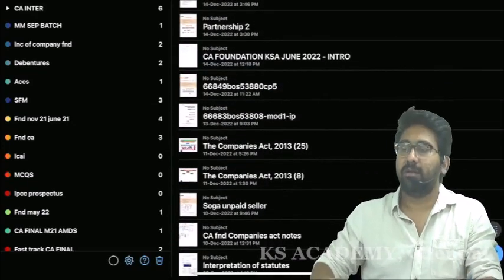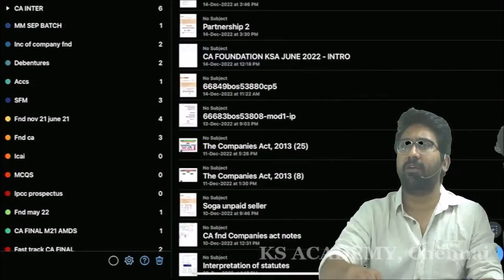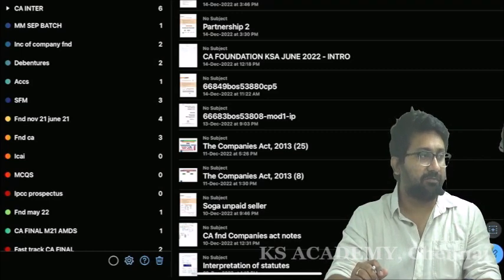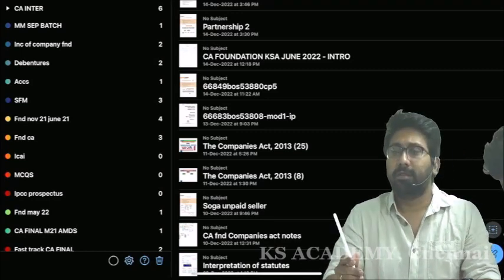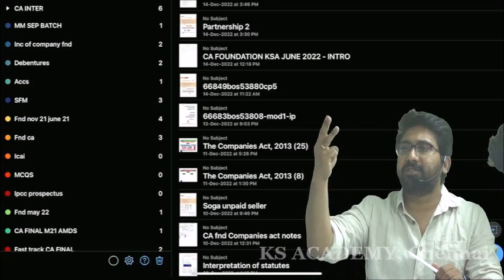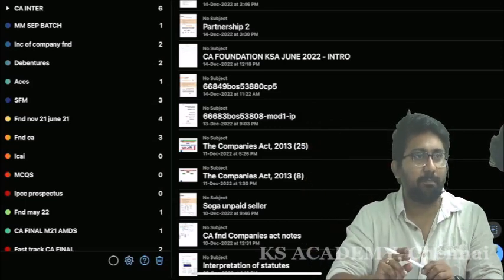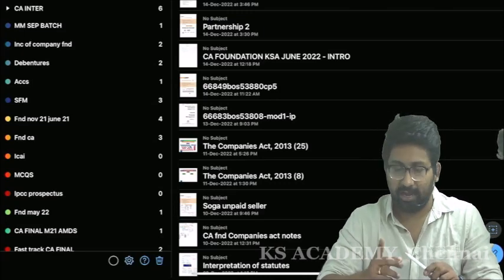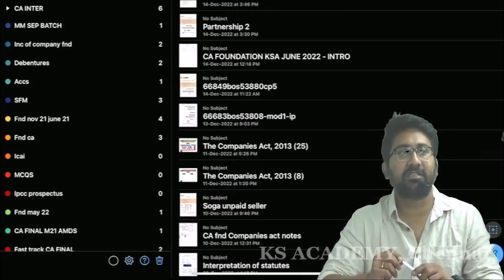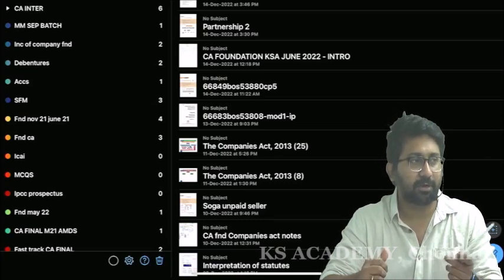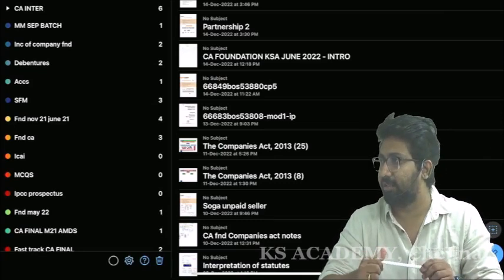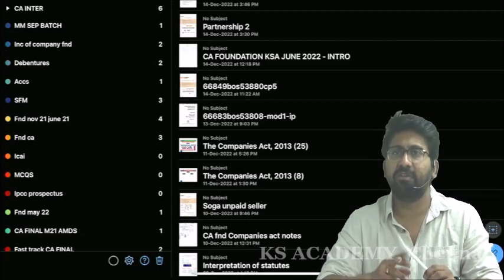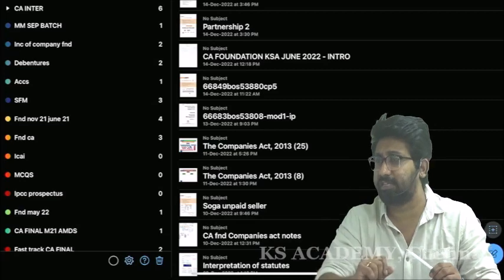With regard to that, we started with the concept of incorporation and incidental matters. We completed the definition of promoter. There we came to know that there are 3 kinds of situations which can attract you as a promoter in a company. Number 1, a promoter is a person who is written as such or identified as such in the annual return or in the prospectus. Okay, he is written as such in the annual return or prospectus. In that case, I will call you as a promoter. That is one way of recognizing a promoter.